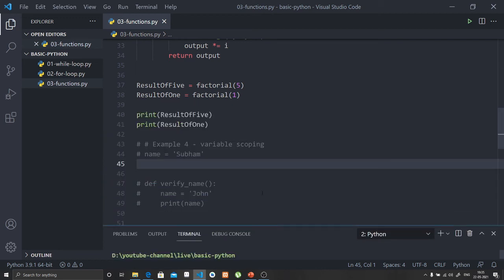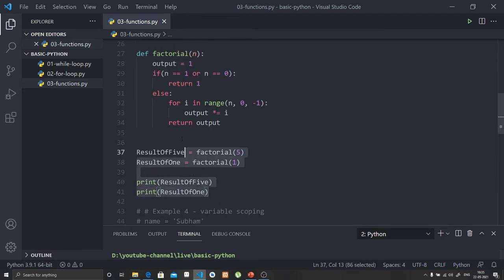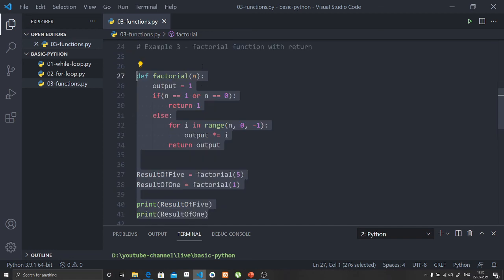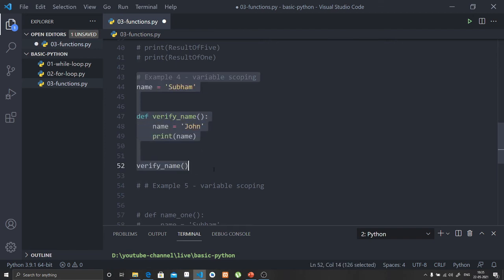So our next example is about variable scoping. Before proceeding, let me comment out this part. Here I will tell you about variable scoping.